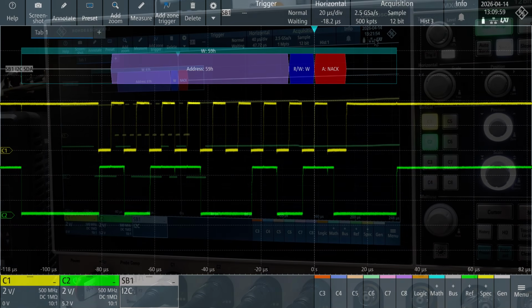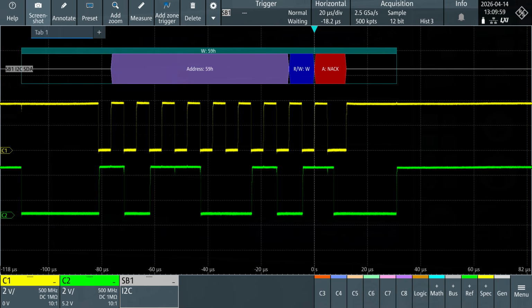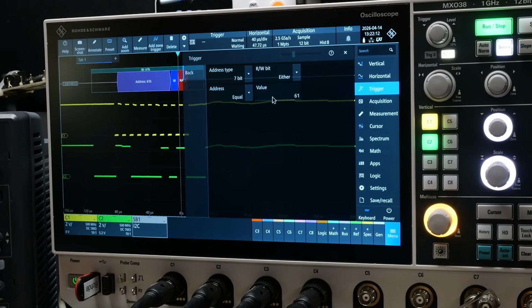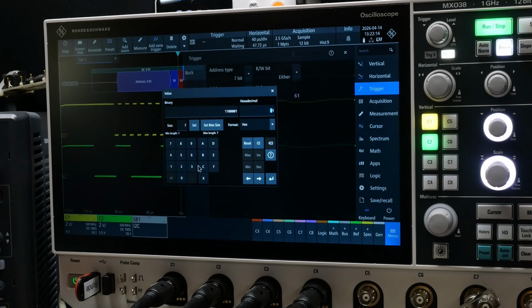And once again, no acknowledge, so there's nobody at 61. And then it goes through all of the addresses, okay? It's 7 bits worth, it's not 8 bits worth, but it's 7 bits worth of address space. And it goes through them all, right? So what about 3C? Now 3C,